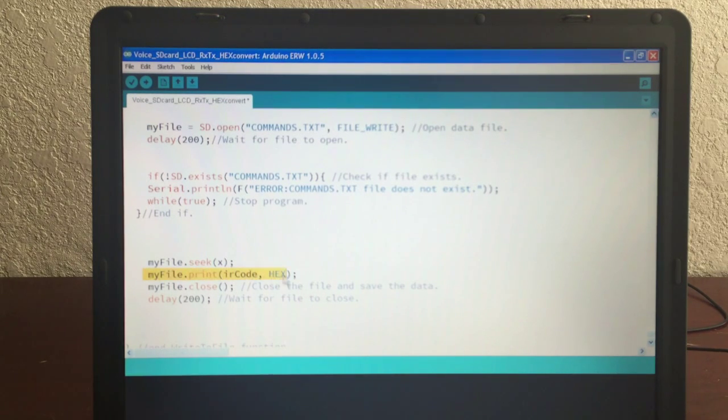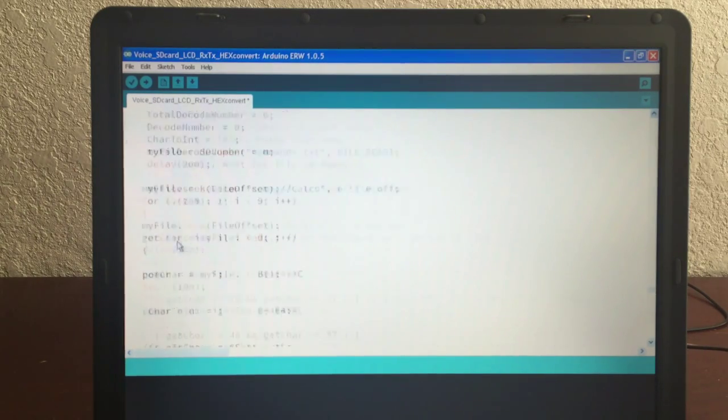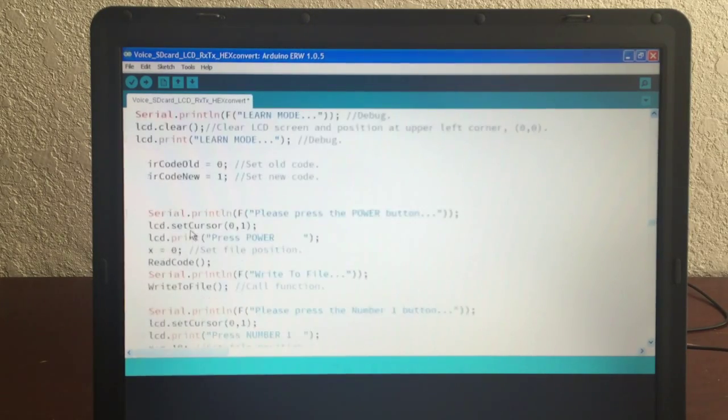I print it so that I can see the hex value being printed, and close my file, and I print to my file right here. This is what I'm printing to the SD card, is the actual code. I close it, I wait a little bit, and then that's it of the function write file. And then we go back up here, and that's fundamentally all the code, I believe, if we go way up here,